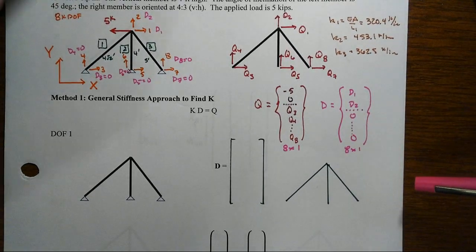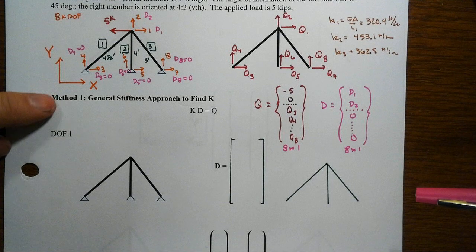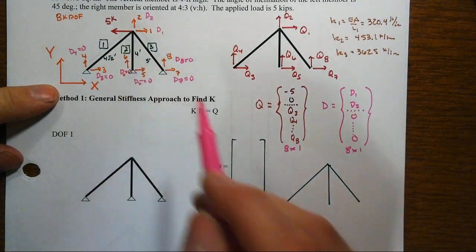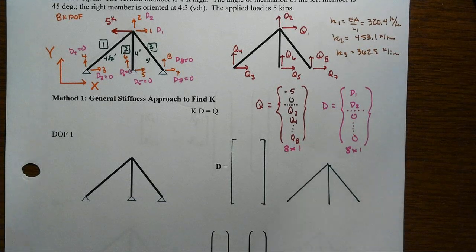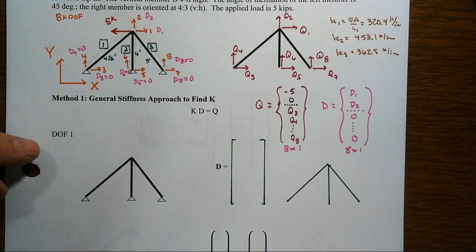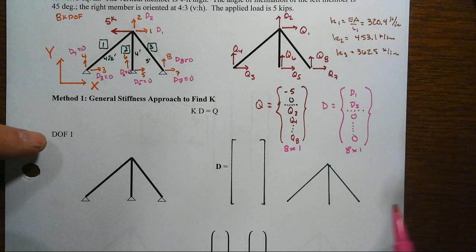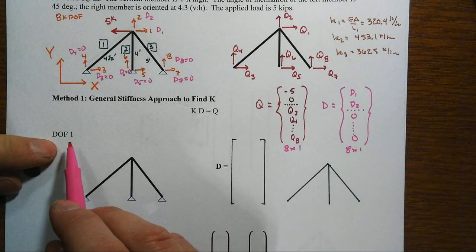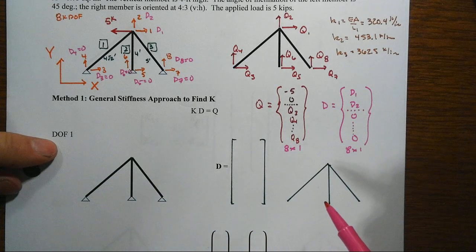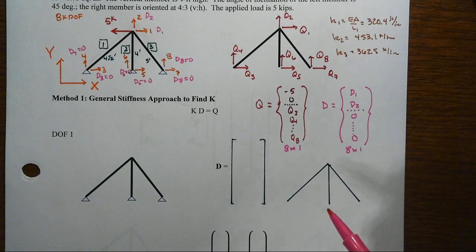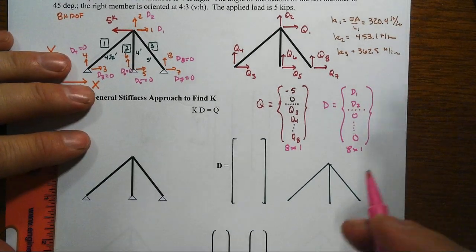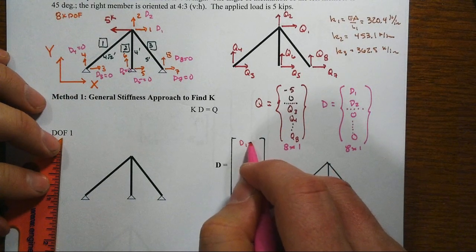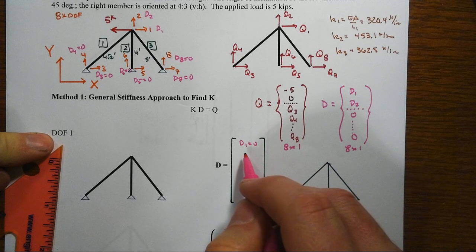Okay, what we're going to do here is use the Generalized Stiffness Method to come up with the stiffness matrix for this assemblage of three different members. Since we have 8 degrees of freedom, one at a time we're going to impose a displacement at one of the degrees of freedom and then back out everything else that's going on. So that means, for instance, we're going to let D1 for the first degree of freedom equal